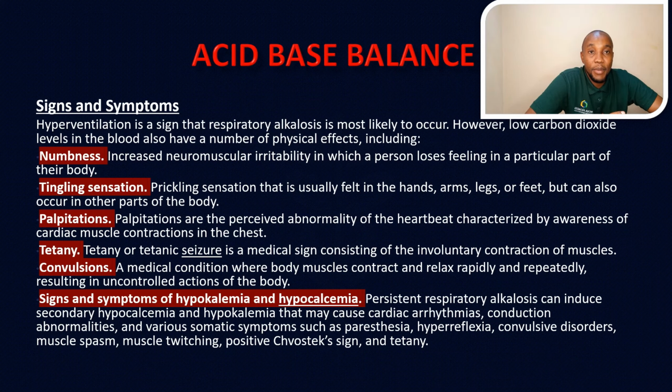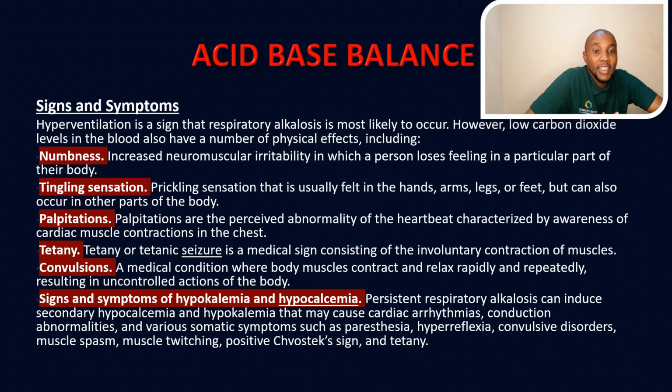What normally happens here is that persistent respiratory alkalosis can induce secondary hypocalcemia and hypokalemia that may cause cardiac arrhythmias, conduction abnormalities, and various somatic symptoms such as paresthesia, hyperreflexia, convulsive disorders, muscle spasm, muscle twitching,